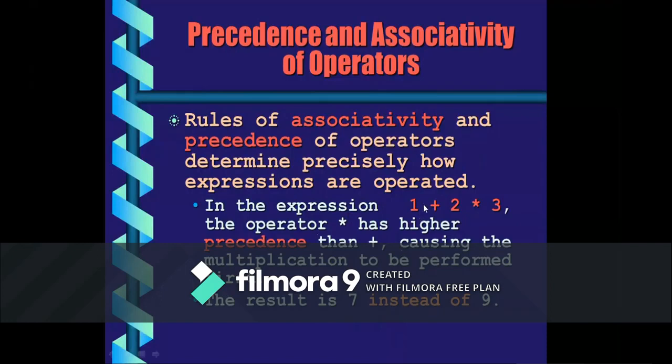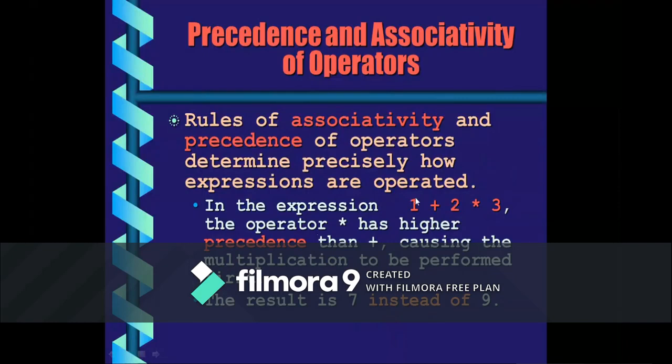One is, as I said, that it is a combination. We can't expect there will be only one operator in the given expression. So it can be anything, and we have to compare which operator has the higher priority, and compute the higher precedence first. If you take plus and star, star has the higher priority, so we have to compute this first. 2 star 3 will be 6, plus 1 is 7. So the actual output is 7.